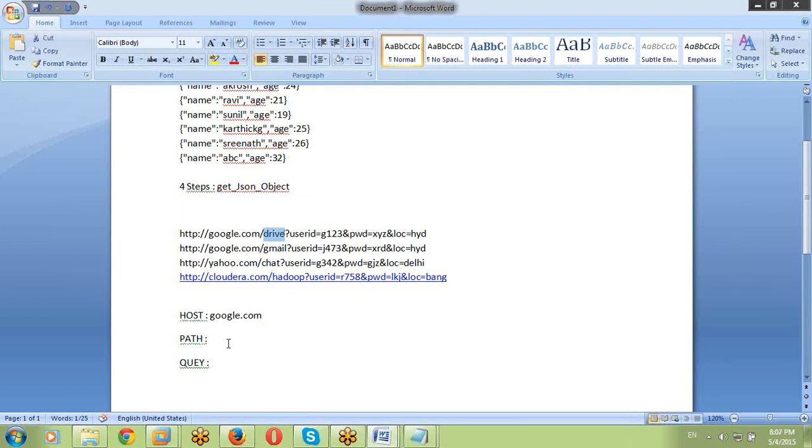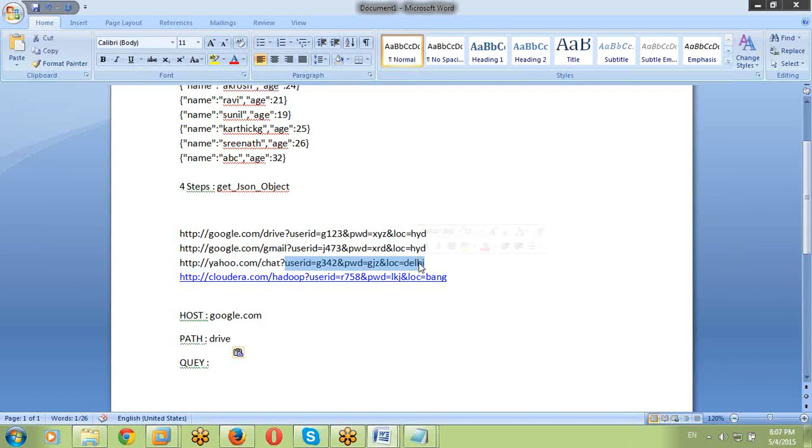Event means, for example, in Google sometimes we are doing drive, Gmail, chat. Or in the Cloudera website, I'm logged in. In Cloudera, different websites and products are there. I'm using the Hadoop product. So cloudera.com/hadoop, some other website, some other product. So the website name we call a host. That event we call a path, and the remaining clumsy data, that clumsy data we call a query.